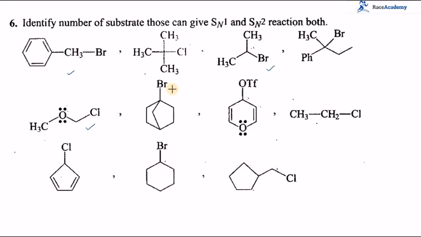And here we have to see the internal bond. So internal bonds are there. This bromine is having a carbon with 3 other carbons, so it's not possible. See this one. In this we have OTf, nothing but triflate, easily the best leaving group. These are easily said to be involved in substitution reactions, so it is possible. And this is primary, so only SN2 is easily possible, but it is not SN1.